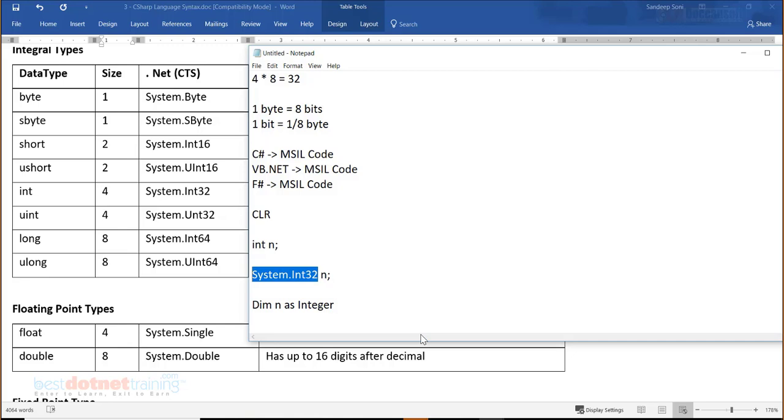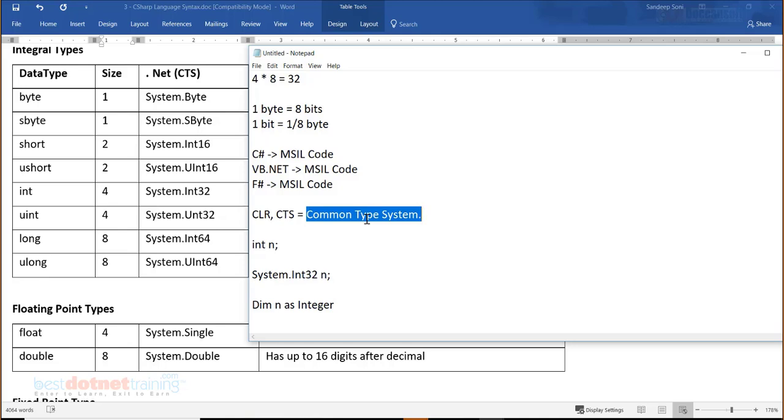And those data types which are there in the language are referred to as the common type system. They are all specifications in the CLR, that is, the common type system. So the CLR gives the specification, the language does not give the specification for the data types.